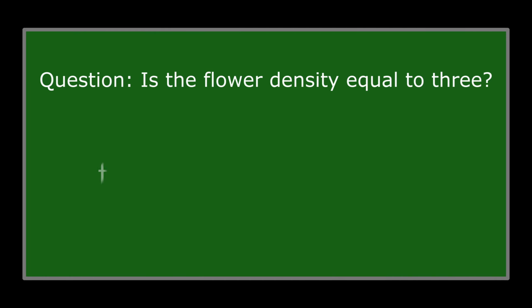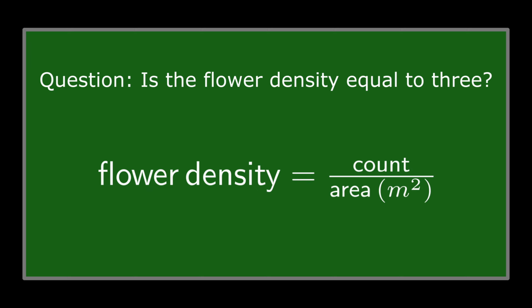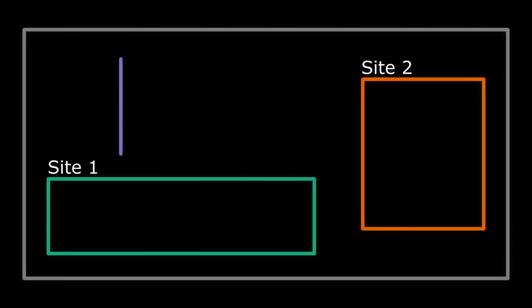Imagine that we are experimenting in a field. We want to verify our belief that in this field, a particular flower species should occur approximately 3 times in a square meter. Due to physical restrictions, expense, and time, it is not possible to survey the field in its entirety. So, we must look at 3 smaller sites and use the information gathered from them to make a more general claim about the whole field.